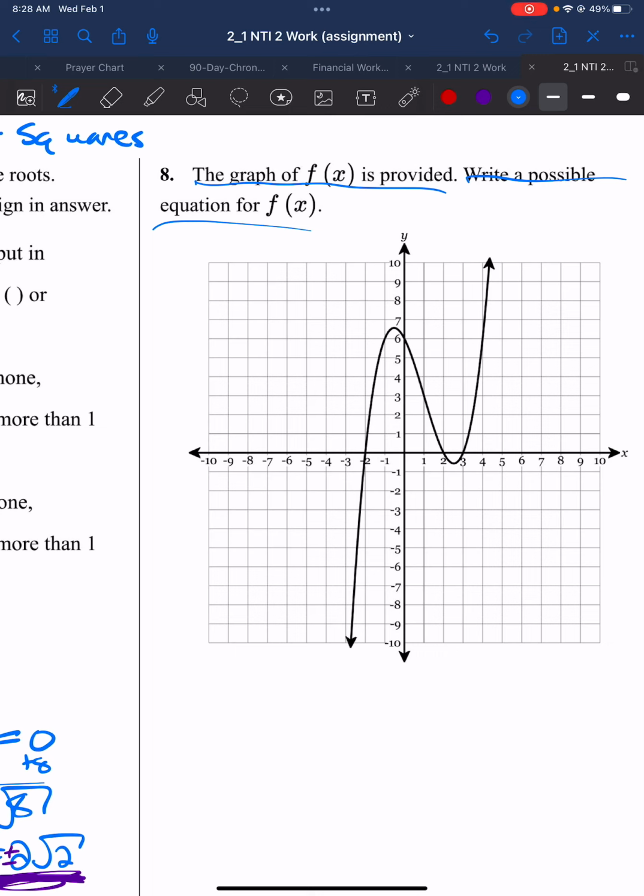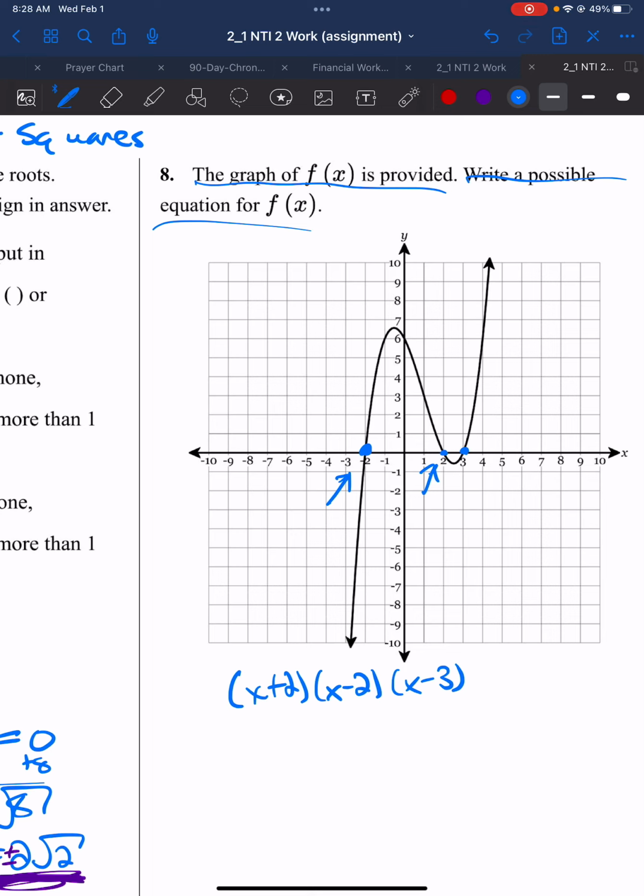Well, anytime you have a graph like this, you're going to look at the roots. And that's the information that we have. So instead of -2, I'm going to have x plus 2. Instead of this right here, I'm going to have x minus 2. And instead of plus 3, I'm going to have x minus 3. Okay? Now, when I multiply this out,